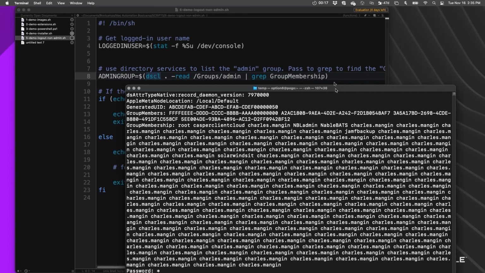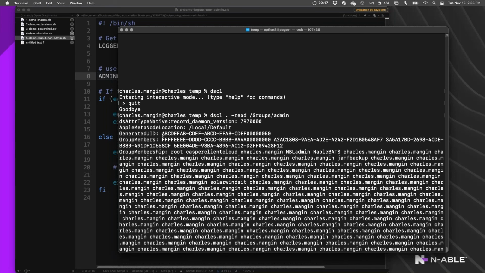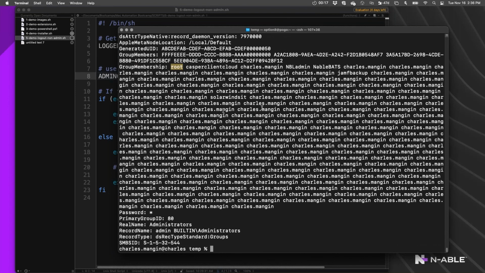So this is my output from directory services of the group called admin, and it has the UID, the members, the UIDs of the various members of the group. For some reason, dozens of versions of myself are in the group, perhaps because different processes have added me to the admin group over time, things like the group ID and so on.